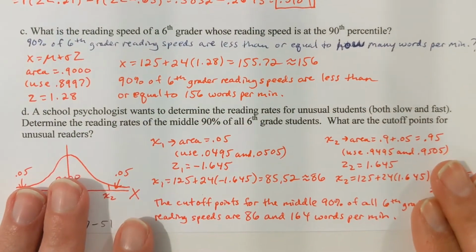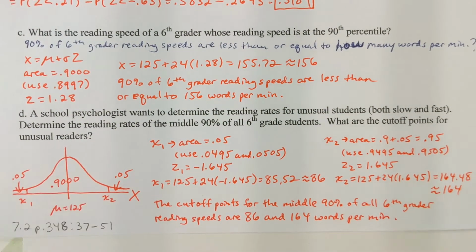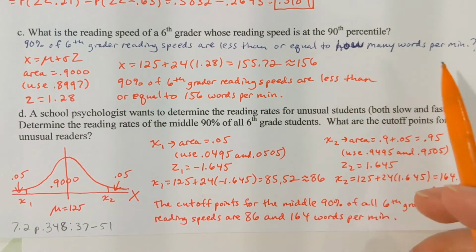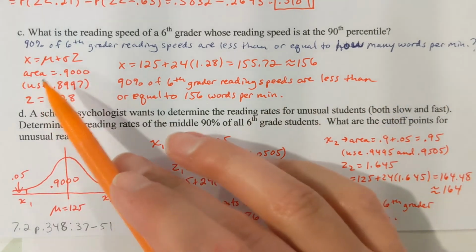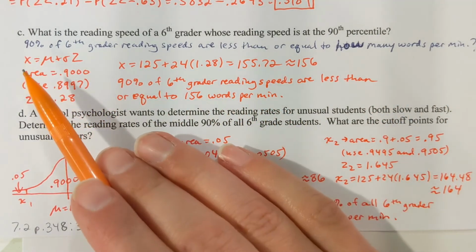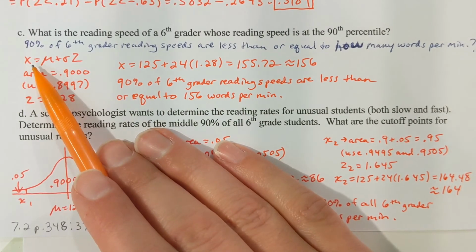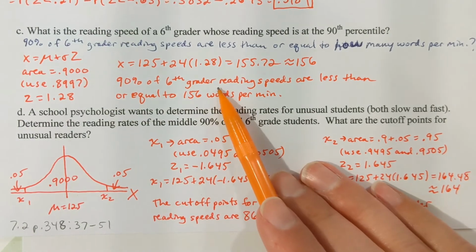Part C, what is the reading speed of a 6th grade student whose reading speed is at the 90th percentile rank? Okay, well, the 90th percentile rank in this problem would mean that 90% of 6th grader reading speeds are going to be less than or equal to how many words per minute? X represents the words per minute, right? So this is not a probability question. We need to find an X value such that 90% of the data is going to be less than or